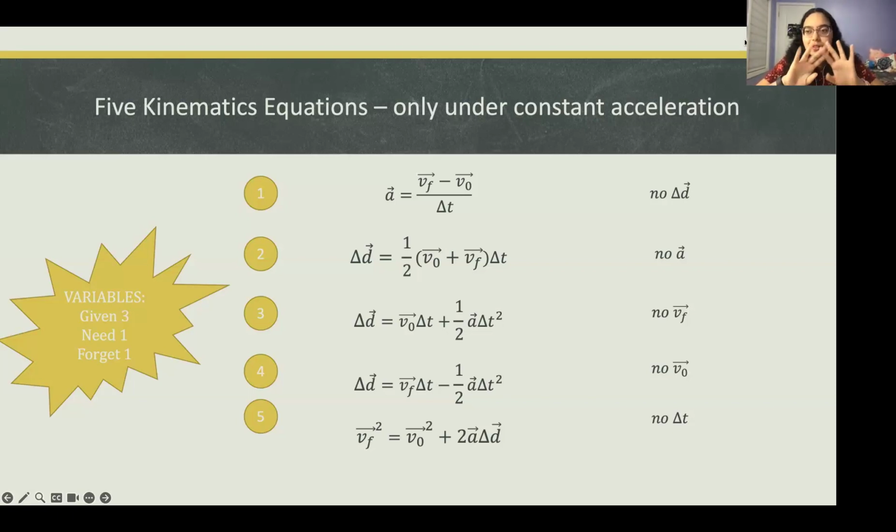But anyways, let's say you have the two velocities and acceleration. You have those three, and they want you to find displacement. You can just ignore time. So you want to look at that bottom equation there that has no time. So it's a one-step thing. Another way is, I feel like people might use equation one to solve for time, and then use a different equation to get displacement. But if you have three variables, you can get one and forget one. So just understanding that aspect of the kinematics equations, I think, makes them friendlier to use and makes a lot of problems into just a one-step plug and chug.